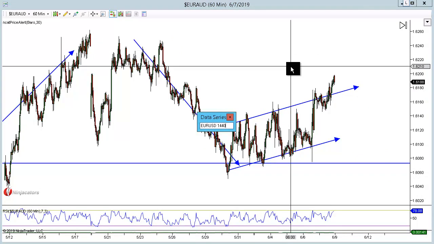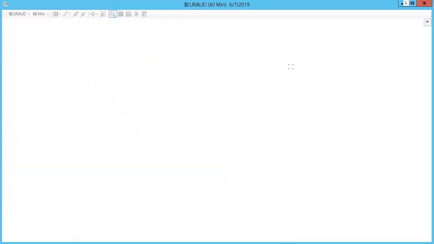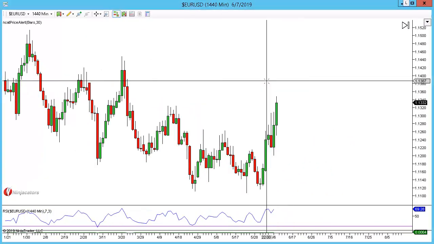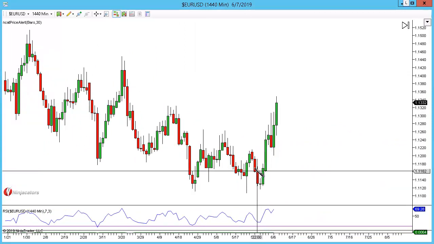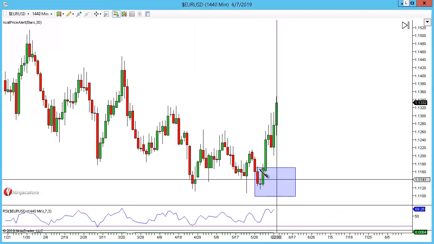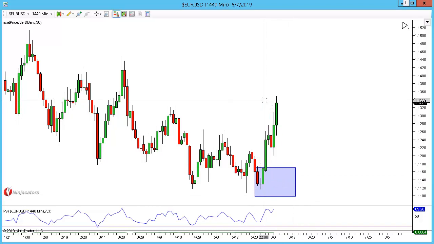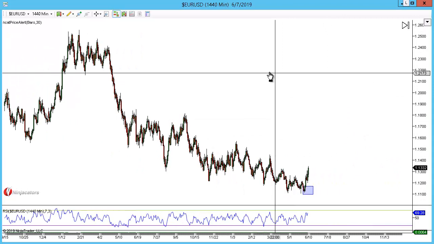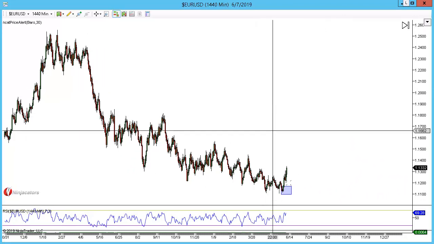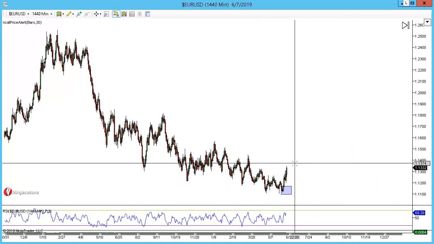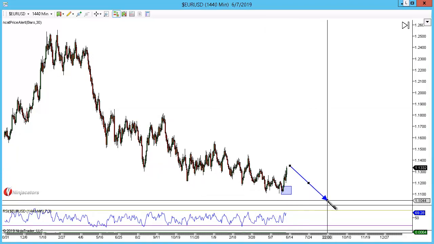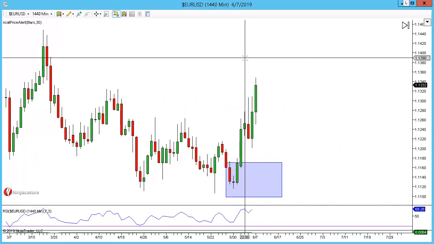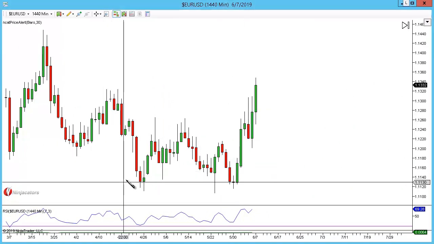Euro dollar, we got the break to the upside. Remember last week I told you that I think we could see a break to the upside, and we got it. We was looking at getting involved down here. Since then we've seen a move of 170 pips. How high this can actually go, I'm not too sure, to be honest with you. I don't think it's going to have legs, because I do believe at some point we're going to turn and come the other way. A couple of things to watch out for though is that if I put a structure